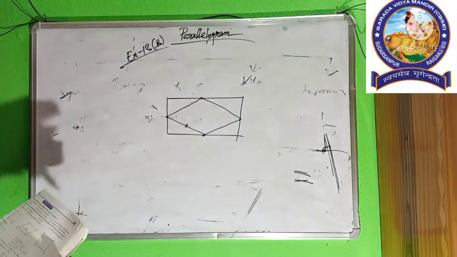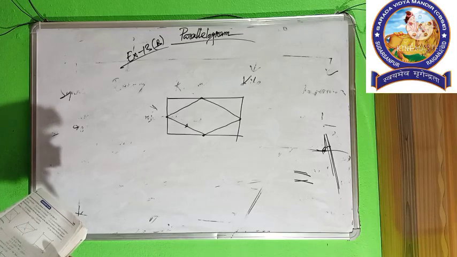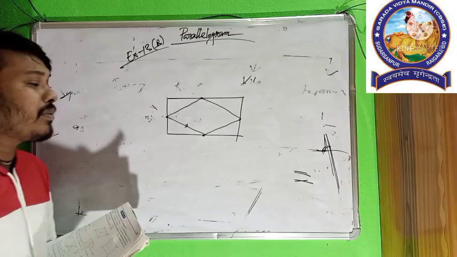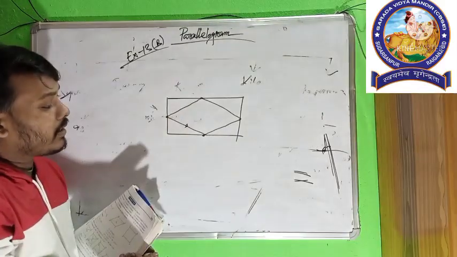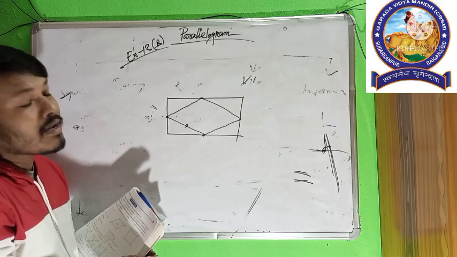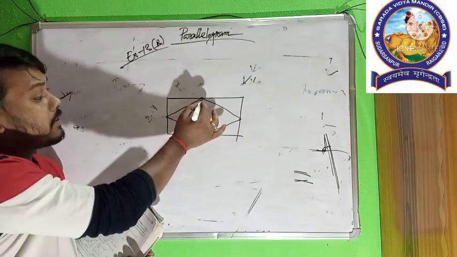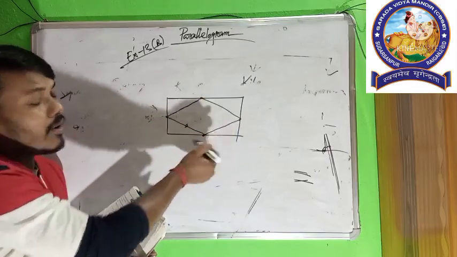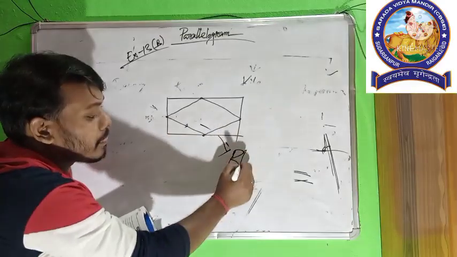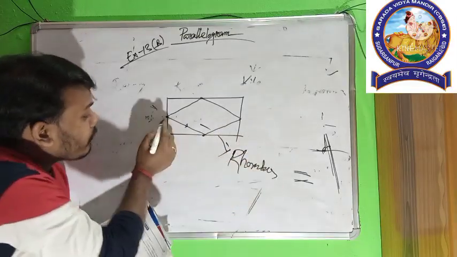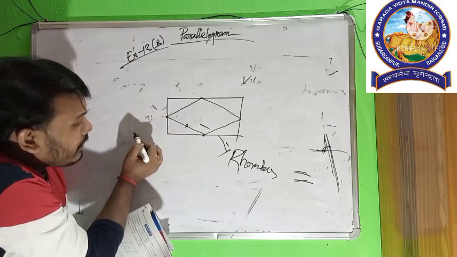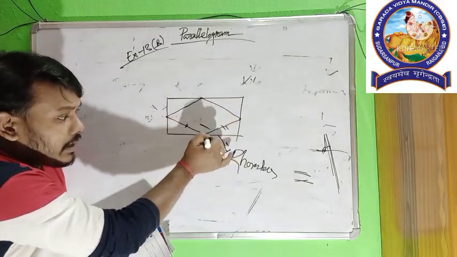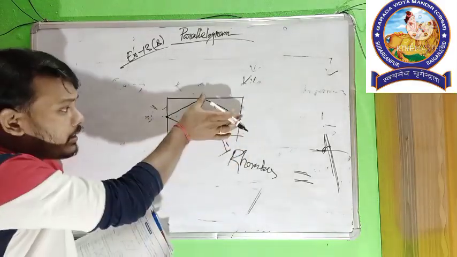Okay. Parallelogram or rhombus? No, it may not be a rhombus, because the lengths of all sides may not be equal. Equal or not? Because this value, this value, this value and this value correspond to each other. Yes, it is a rhombus. Rhombus, because this is the midpoint of this side and this is the midpoint of another side. On this side, the same thing happened, so the lengths are equal.